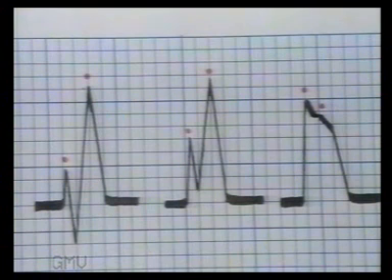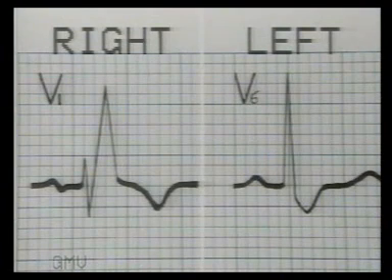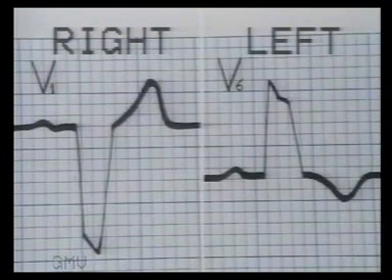When the QRS complexes are noted to be wide, first look for a positive, wide and slurred M-shaped pattern that is RSR dash or RR dash pattern in the chest leads. If it is seen over the right chest leads, that is in V1 or V2, it is a right bundle branch block. And if it is seen over the left chest leads, that is V5 or V6, it is a left bundle branch block. At the same time, the opposite chest leads will display a wide and slurred S wave.